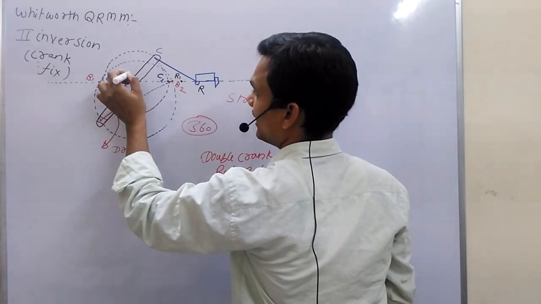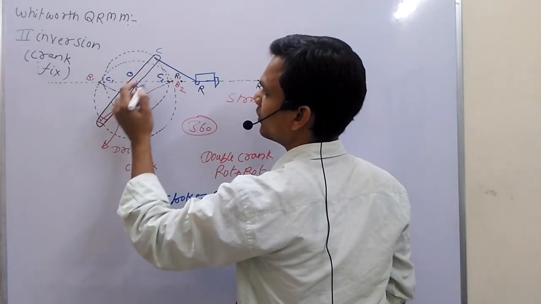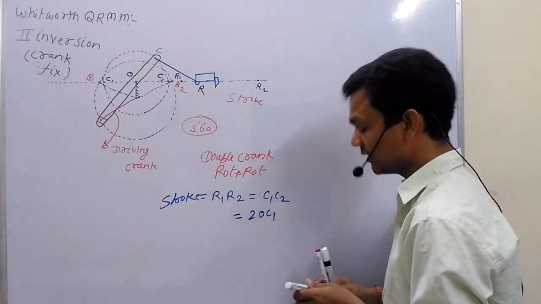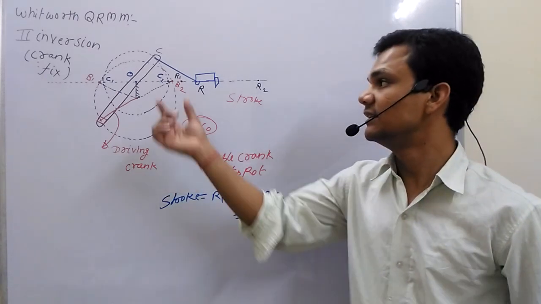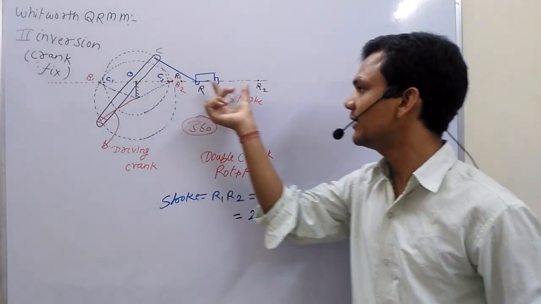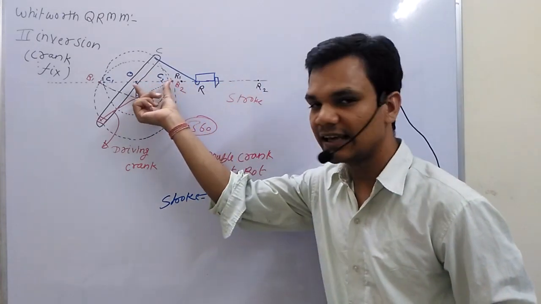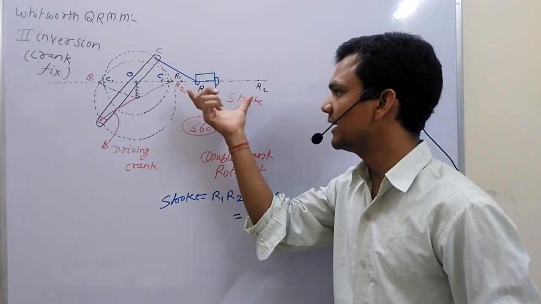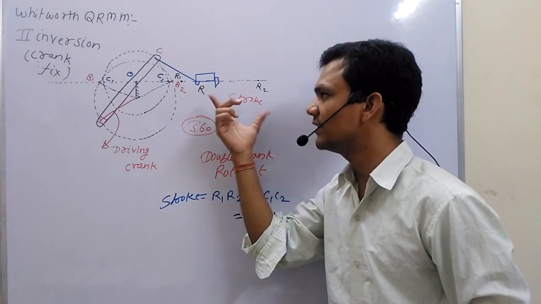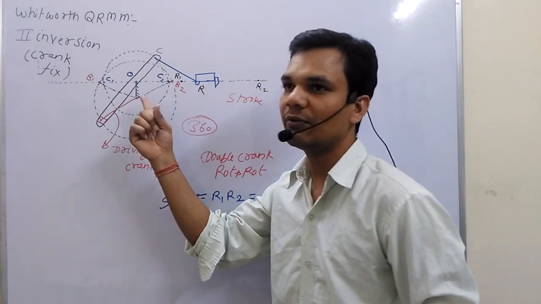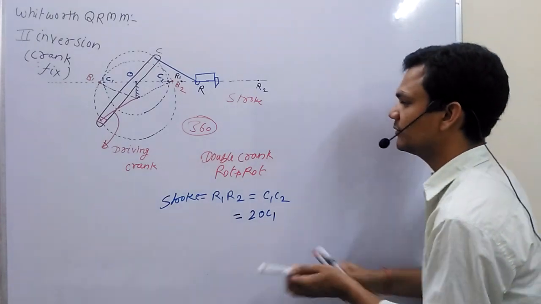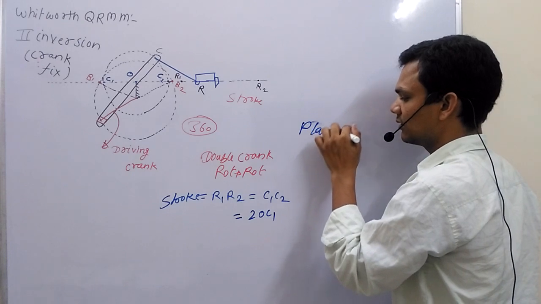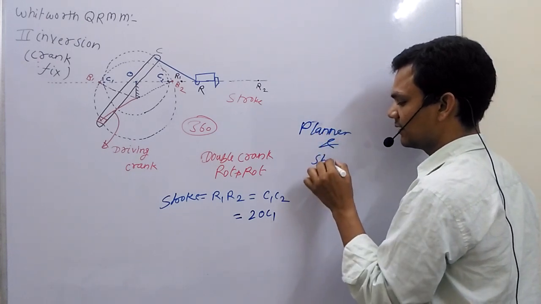So I can also write, because this point is O, 2 O C1. Now in this case you can see this length will be the deciding factor of the stroke. By changing or decreasing this length, we can change the stroke length, so that this will be our old mechanism used by our old planer and shaper machine.